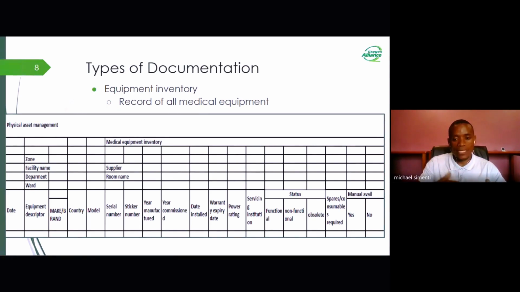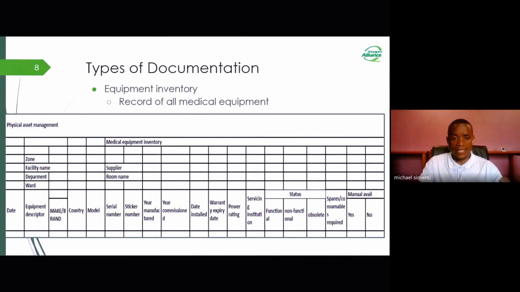It includes details like the name of the device, the model, the serial number, the location where you can find that equipment, any maintenance history that has been done on that equipment, any relevant information about testing or calibration, and any materials, that's the spare parts and consumables, that have been used.